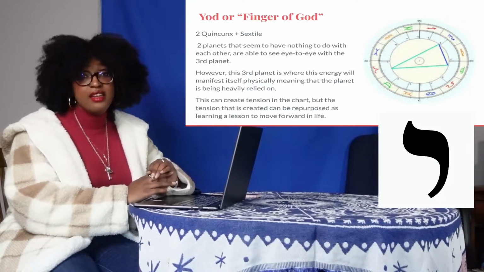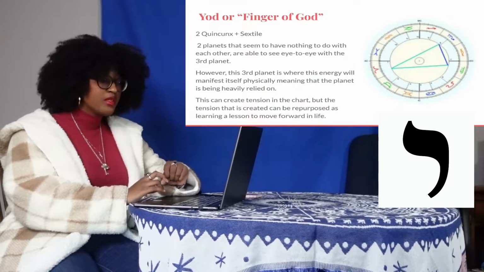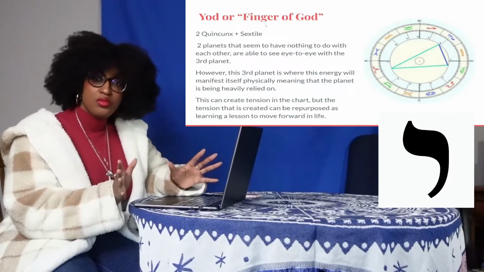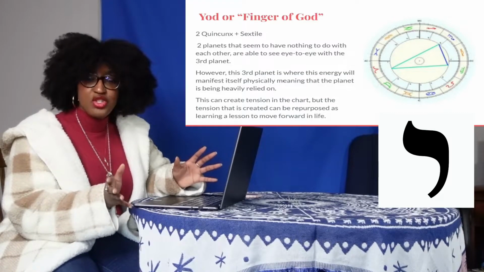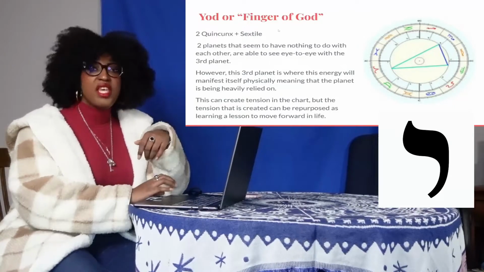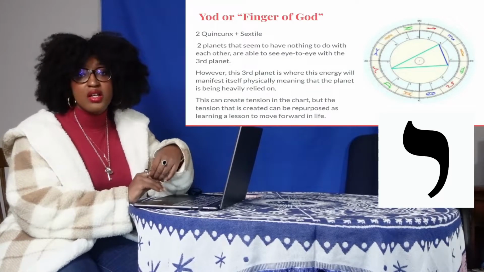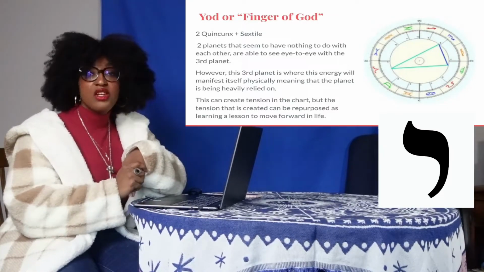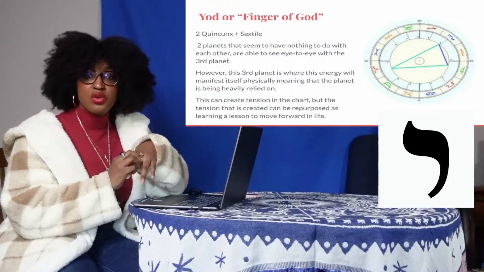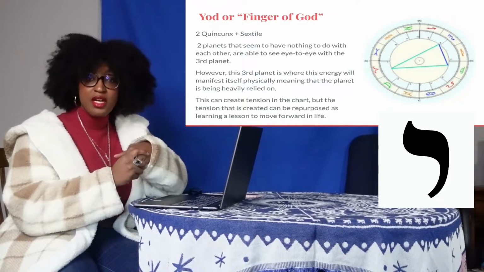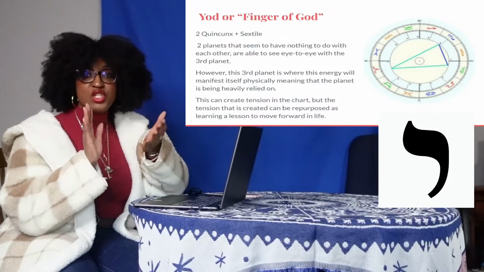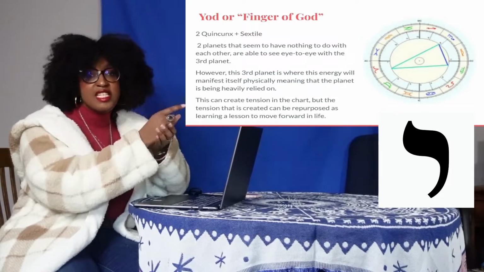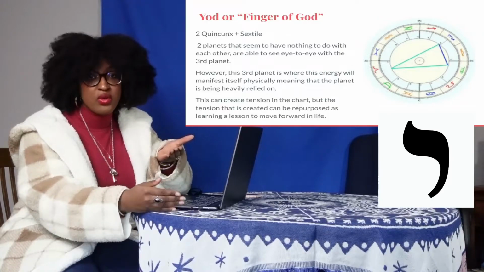Yud means 10. Very fitting. It's the 10th letter in the Jewish alphabet. And 10, okay, to break it down real quick, in numerology, I will be teaching numerology later, but I'm just going to quickly touch on it. In numerology, there are no double digits, so there's only 0 to 9. And because of that, 10 is basically starting a new cycle. It's 1 with a 0 at the end. 1 is the first. 10 is basically doing the cycle over again.